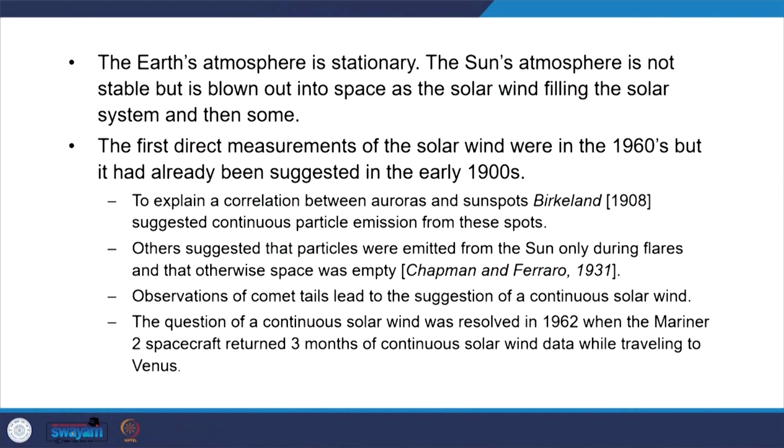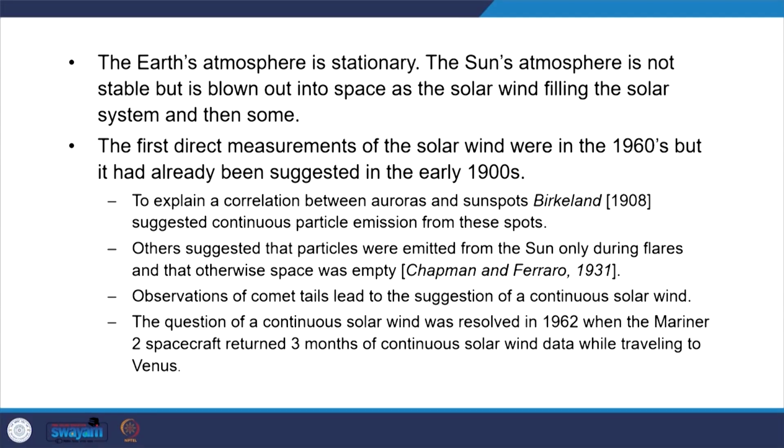Earth's atmosphere is stationary, like I said. The solar wind is filling the entire solar system. The first direct measurements of the solar wind were in the 1960s, but it had already been suggested in the 1900s that there is a gas flow away from the sun. To explain the correlation between auroras and sunspots, Birkeland in 1908 suggested a continuous particle emission from